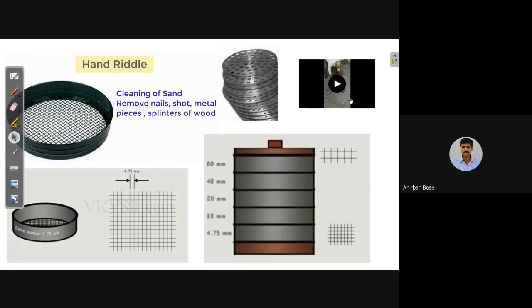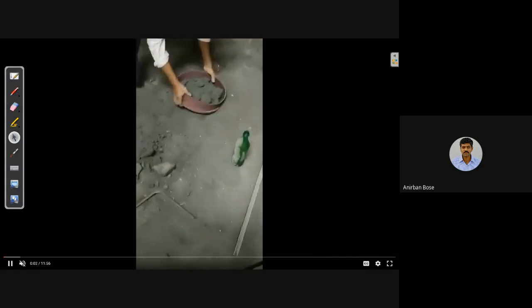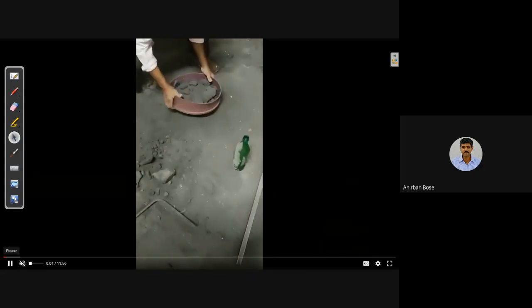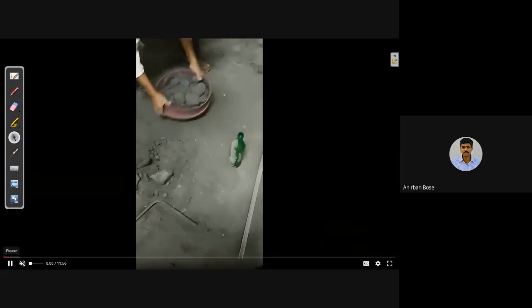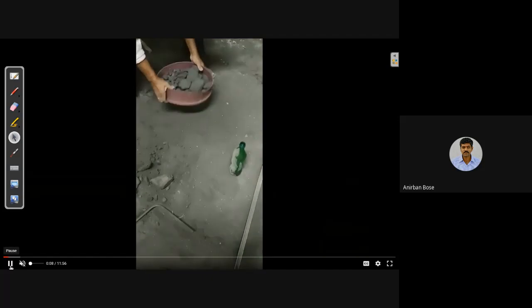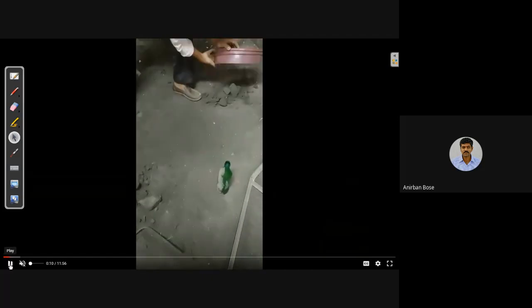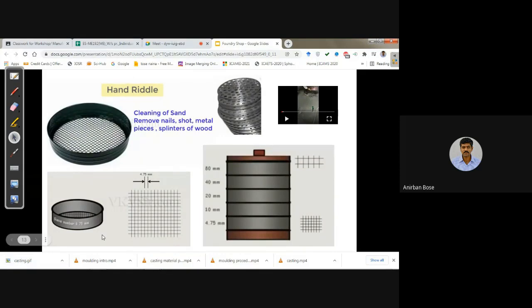And here you can see how the sand is cleaned in the riddles. Here you can see the mesh, created with the help of wire mesh in the riddle.